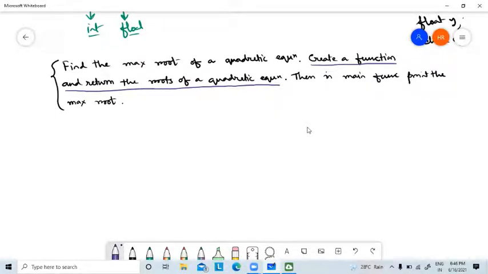And we already know that the limitation of a function is it can return a single value. Roots of a quadratic equation means there may be two different roots, x1, x2, if it is real. If it is imaginary, then you have to perform another step. So considering real roots, there are two roots. To return the roots from a single function, how can I do this?